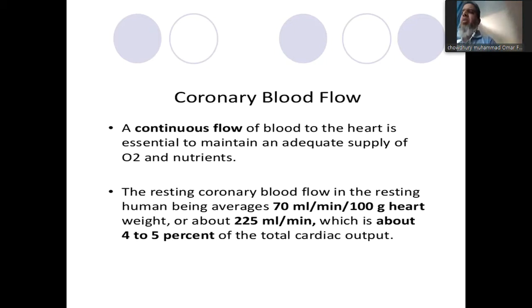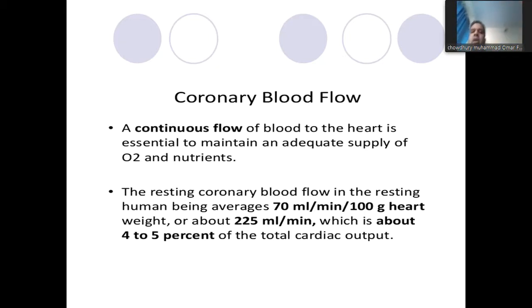there are some anomalies in coronary arteries. Sometimes the left coronary artery arises from the pulmonary trunk, which causes cyanosis. And the left coronary artery sometimes arises from the right aortic sinus, and it may get compressed between the pulmonary trunk and aorta in strenuous exercise and may cause sudden cardiac death. And the sinoatrial nodal branch may arise in 40% of cases from the circumflex artery, and the AV nodal artery may arise in 20% of cases from the circumflex artery. These are the anomalies of the